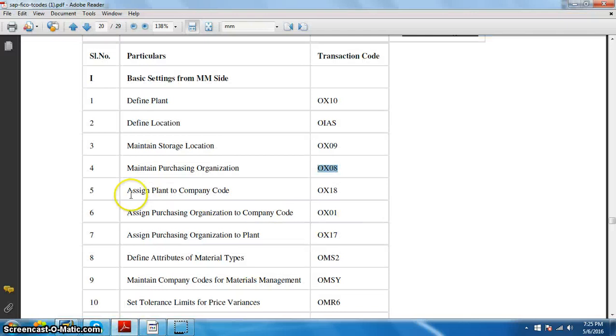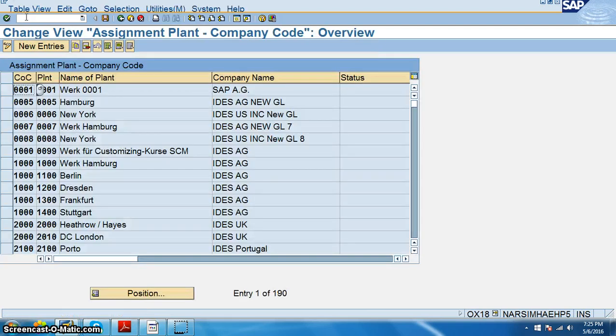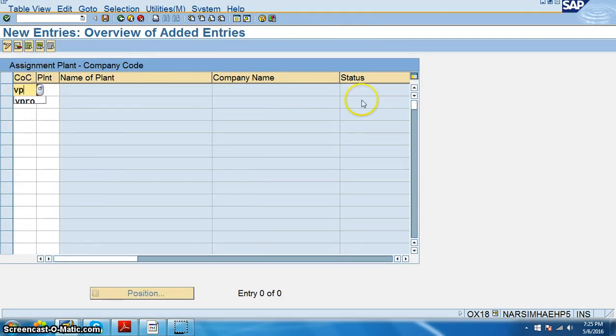Now we need to go for assign plant to company code, that is OX18. Assign plant to company code. In this we go for new entries, and company code is VPRO, plant is VPRO again, and assign, and click on save.